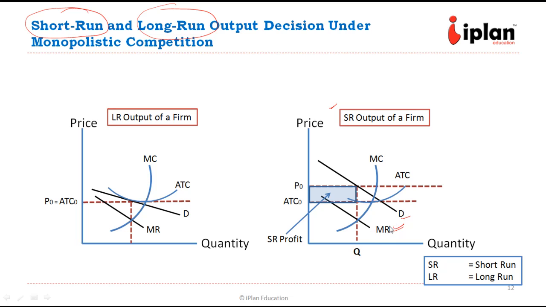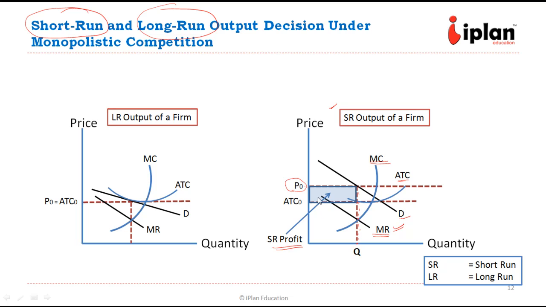Here the marginal revenue curve is on the left side of the demand curve, and the place where marginal cost and marginal revenue are cutting determines the quantity, and the demand curve determines the price. So if we see upwards, this is the price P naught, and if we compare it with the average total cost,